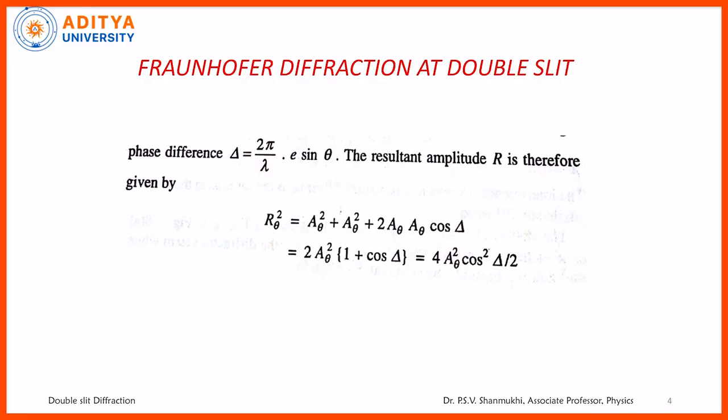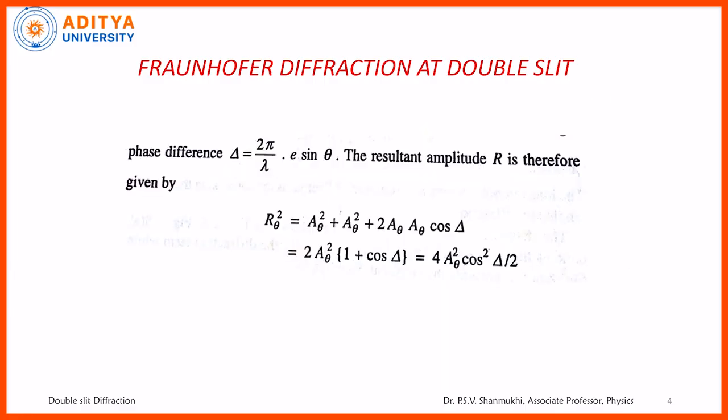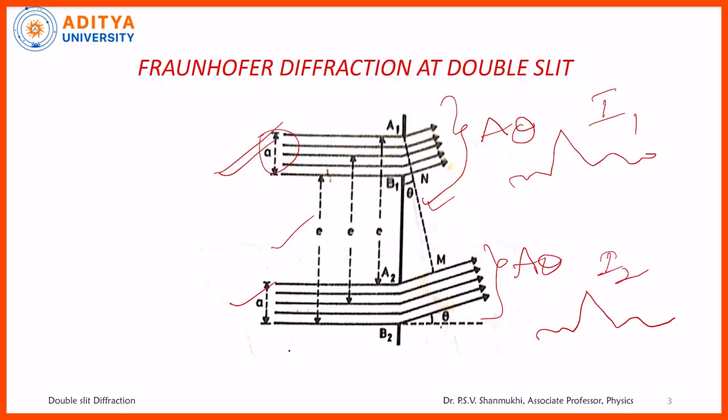Actually, in case of the double slit, what is the resultant deviation? It is given by theta. Generally we have one formula, the phase difference is equal to 2 pi by lambda into path difference. How much path difference is there? Suppose you consider first light ray to first light ray, the separation is given by e, or center to center it is e. The angle of deviation is theta. Then what is this path difference?